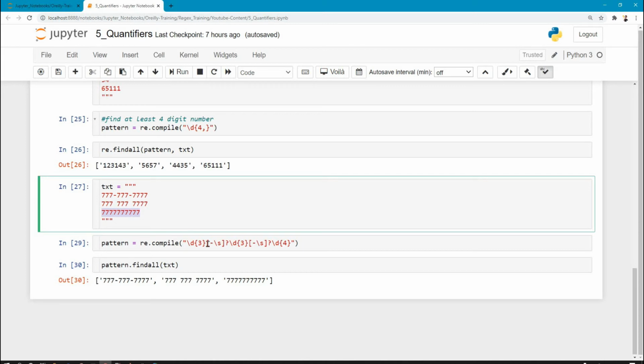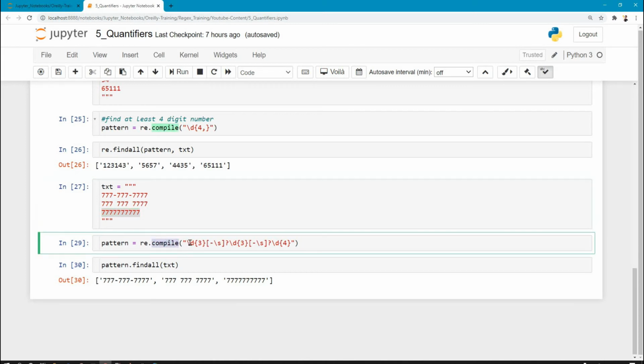So what I'm saying is compile a pattern with digits at least 3, then there can be a hash, a hyphen or a space, and question mark means it may not exist also, which will confirm this pattern.